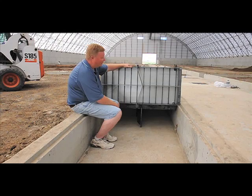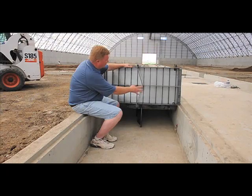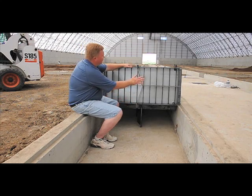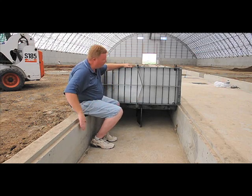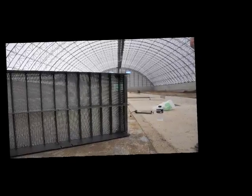The airfloor system in the Bucklin buildings was designed with shipability and cost considerations as well as strength. The steel grates that we see here allow for variations in the concrete floor. The stand is adjustable so that you're not depending on the floor being completely flat. You're running off the runners of the air pit itself. The slats are all removable for shipping. The screens are removable for shipping. It knocks down into a small shipping